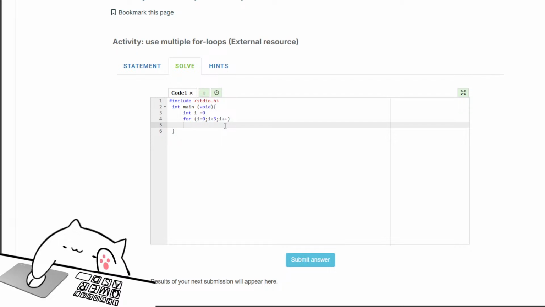We have to write printf C is fun. There goes C is fun. We're going to write it 3 times with an